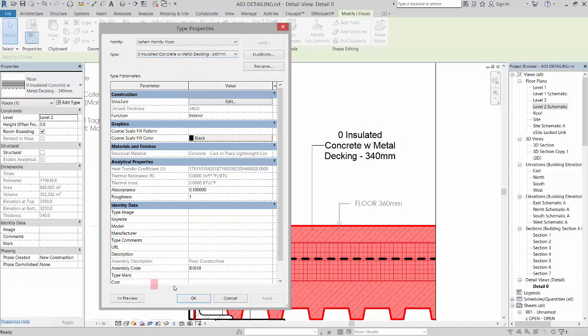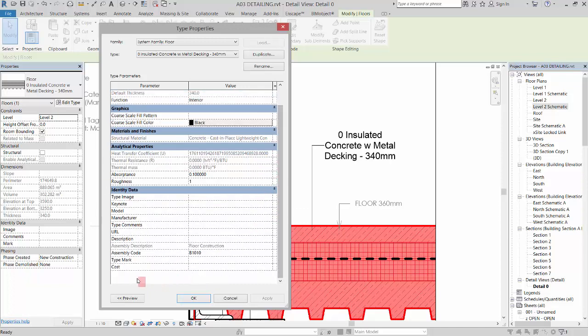You can also set any of this information to be called out. So for example, if I had a type mark or comments, so if I had comments like 2 hour, or actually it probably has a rating area in here in assembly code, but you could have type comments that were like level 2 floor roof, right? And so if I click OK,